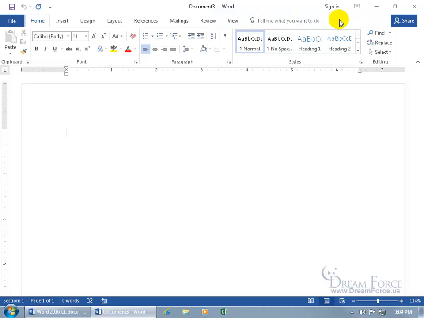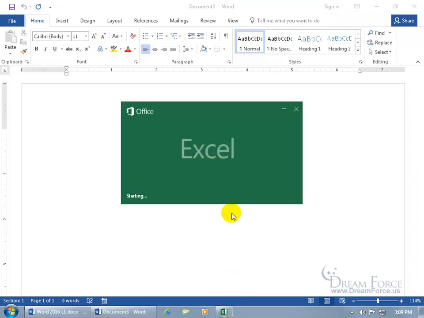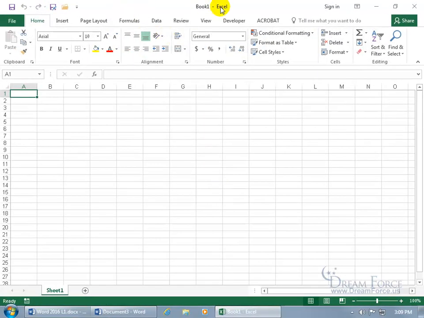Let's see if it updated in all the other Office applications, or we'll pick one. Like down below, I've got my Excel shortcut. Click on that. Is it white or green? It's white. And vice versa, when I do it in another Office application as far as updating the Office theme